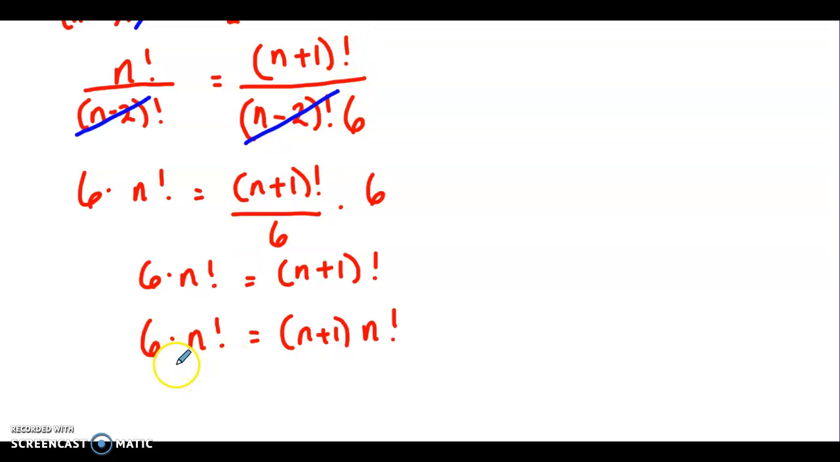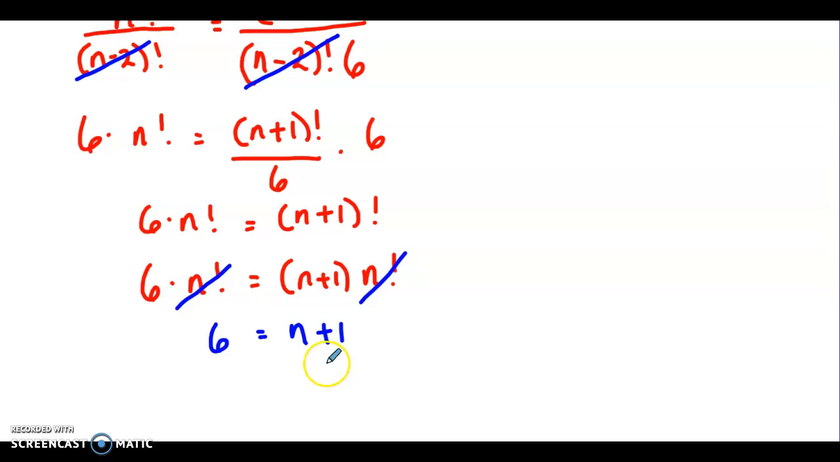Again, we can cancel n factorial on each side, and we are left with 6 equals n plus 1, which is now a very simple linear equation. We subtract 1 from both sides, and n equals